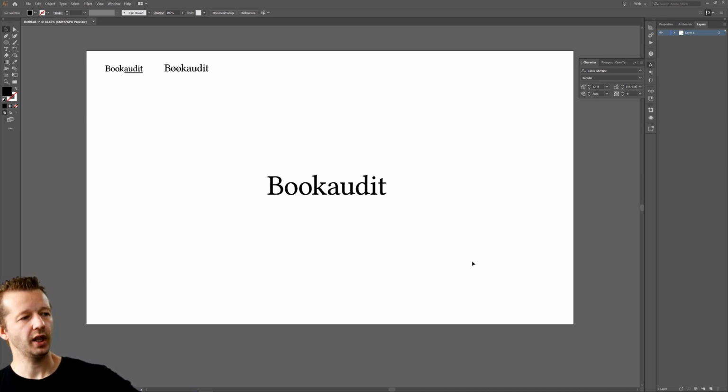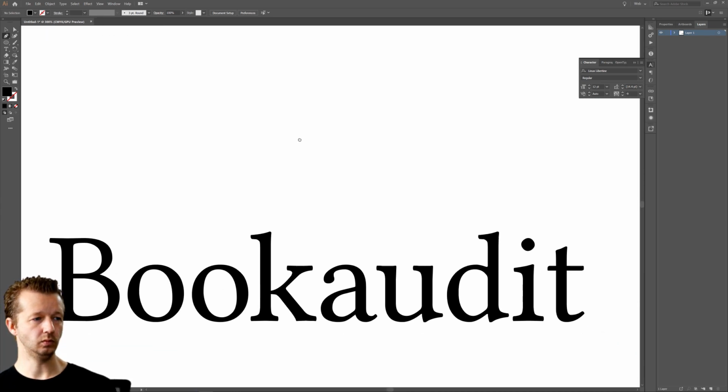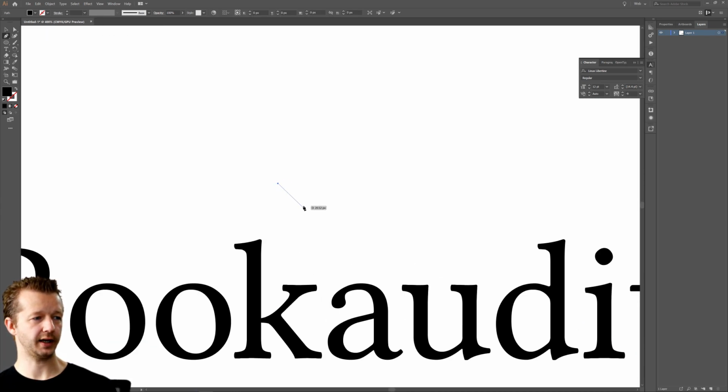And it may be worth trying to come up with separate symbolism, like book audit. So what if we feature, I don't want to be too obvious. That's not the word I'm looking for. I don't want to be too literal. So if I were just to do something like this, it might be kind of lame. So where's my pen tool at? Right here. Maybe do like an isometric sort of view of a book or something. Or maybe not isometric, but